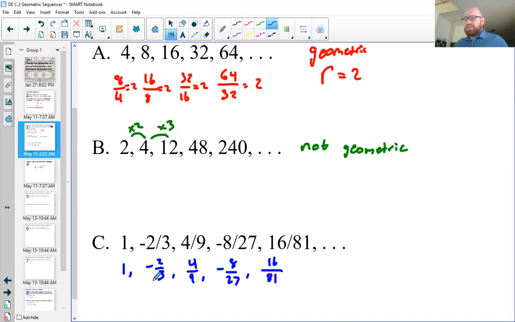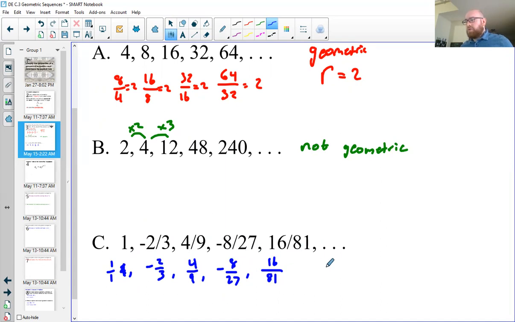Now instead of saying we're starting at 1, let's say we're starting at 1 over 1. And so we go 1 to negative 2, negative 2 to positive 4, 4 to negative 8, and 8